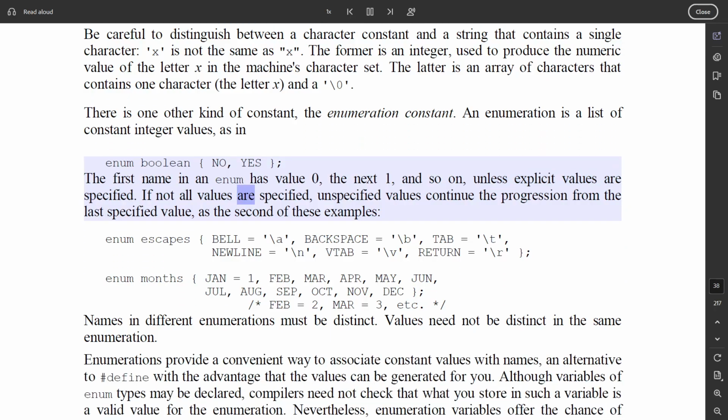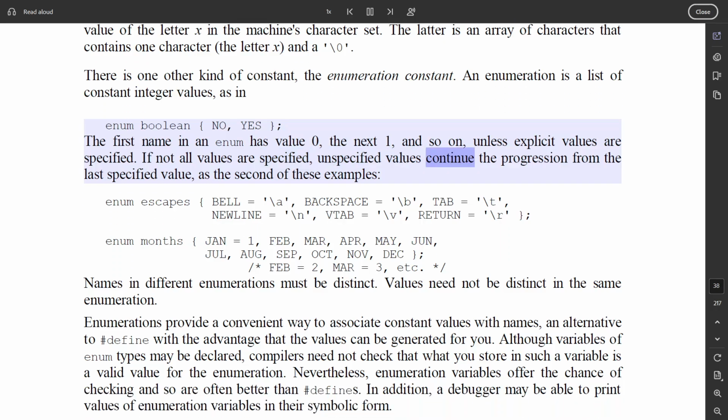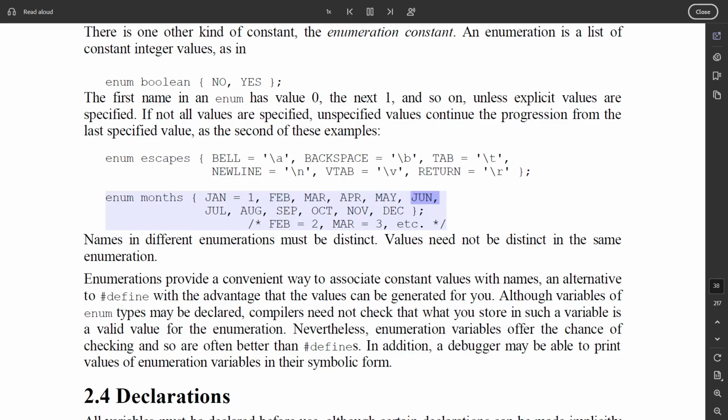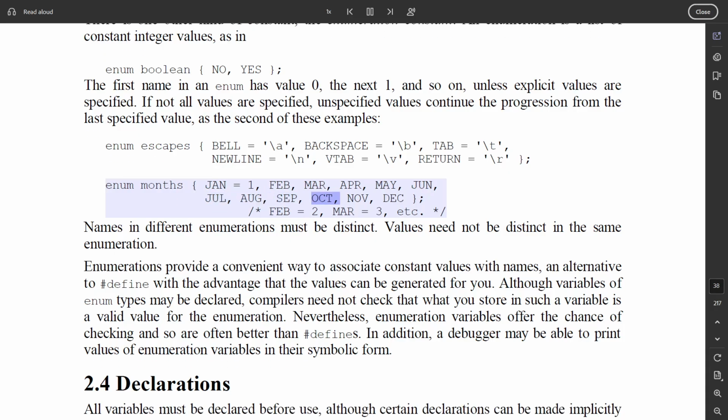If not all values are specified, unspecified values continue the progression from the last specified value, as the second of these examples. enum escapes { BELL = '\a', BACKSPACE = '\b', TAB = '\t', NEWLINE = '\n', VTAB = '\v', RETURN = '\r' }; enum months { JAN = 1, FEB, MAR, APR, MAY, JUN, JUL, AUG, SEP, OCT, NOV, DEC }; /* FEB is 2, MAR is 3, etc. */